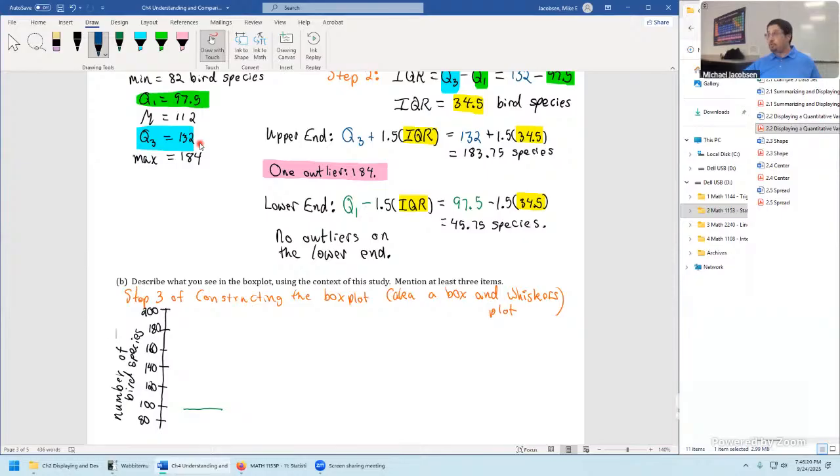Next thing we'll put down is the upper quartile, 132. Well, 130 would be here if we went by tens. So 132 is just slightly higher than that. About like that. This closes out the box of the so-called box plot. So now we've got a box, well, could be a long rectangle depending on how long the interquartile range is. So it doesn't just show quartiles, it shows the distance, 34.5, in other words, the interquartile range. So that means variability is represented here. The wider that box, the more variable the data is, since that's the central 50% of all observations.